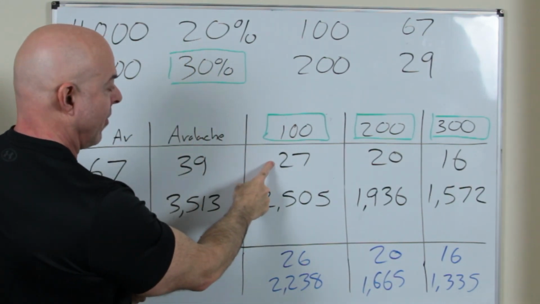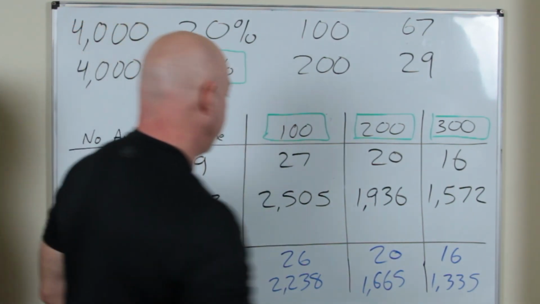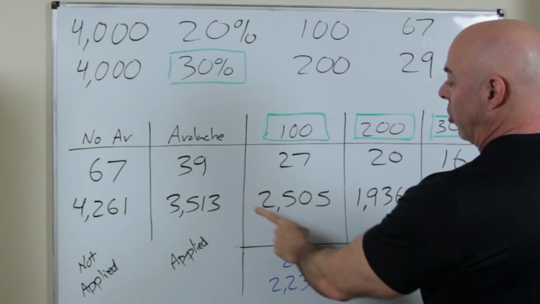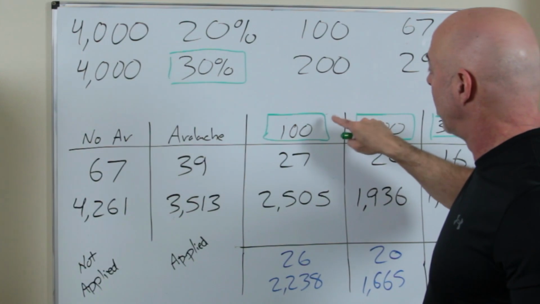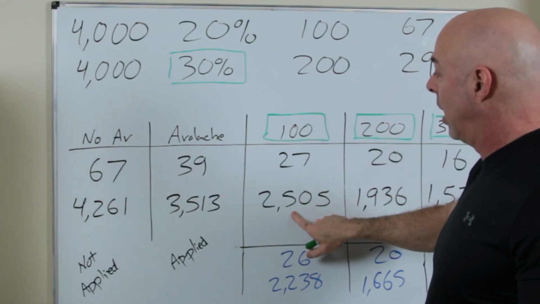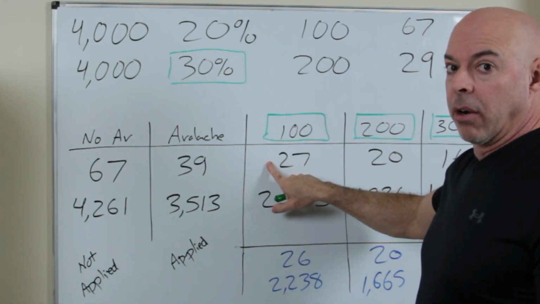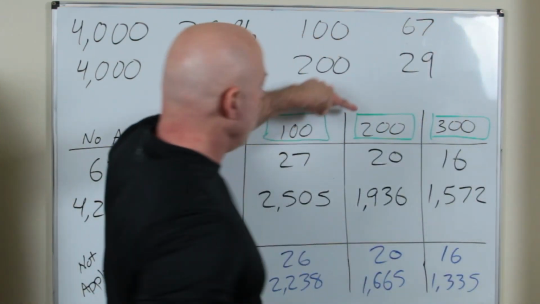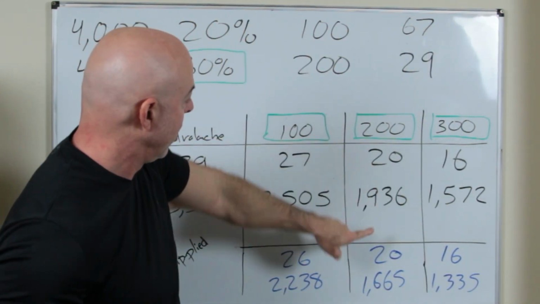You're going to go to 27 months and $2,500 in interest. Okay, 27 is significantly less than 39, and 2,500 versus 3,500, you can save another $1,000. For just $100 extra a month, you're going to save $1,000, and you're going to save over a year, or exactly a year. Then, if you had an extra $200, look at this, you go to 20 months, only $1,900